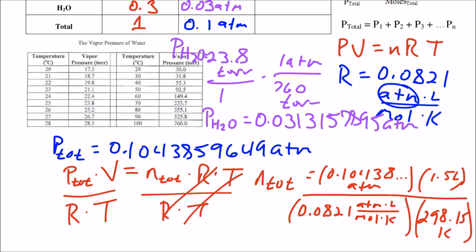Remember, to get the Kelvin temperature, you're going to take whatever the temperature is in Celsius and add 273.15 to it, okay? And that's how we got that value. All right, so let's figure out what our total number of moles is. Okay, so when I do this,